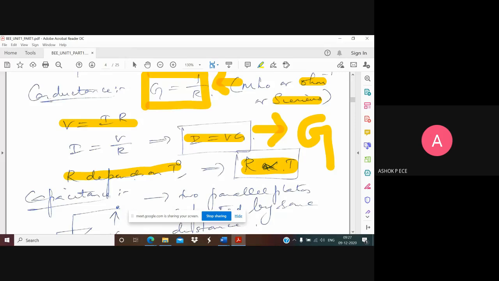So at room temperature, resistance is constant. When the temperature increases or drops from the room temperature, the resistance will mostly increase or decrease. Very rarely it happens in the reverse way. When the temperature is going to increase, very rarely resistance will decrease. That happens in a very rare case, but mostly resistance increases with temperature. They are all temperature dependent.